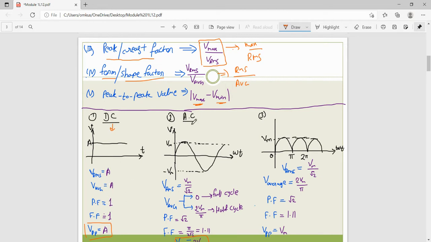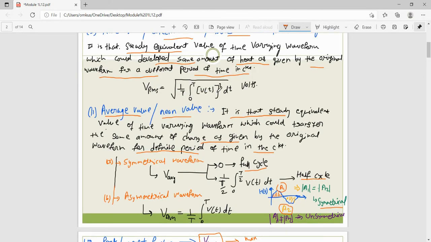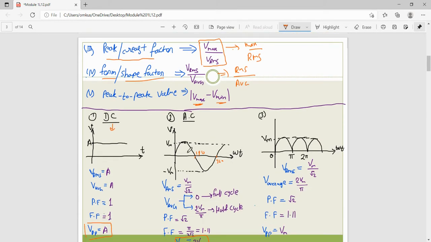Now see, when we talk about the AC, this is a standard AC signal, a sine signal. It starts from zero and ends at 2 pi, or you can say 360 degrees. So this is 180 degrees, right? When you find the VRMS, meaning the RMS value of voltage, you have to use the formula: under root of 1 by T, integral 0 to T of v squared of t dt. Now how to define this relation?